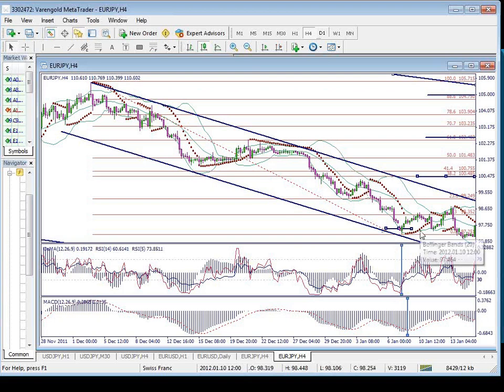Actually, I don't recommend going in this type of situation because when there is a very important trend channel line, we have a lot of possibility of intervention from outside, as we already had there,